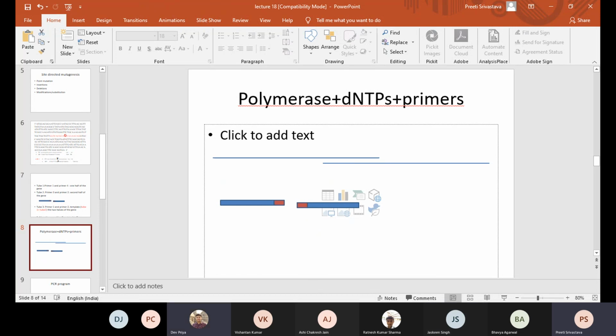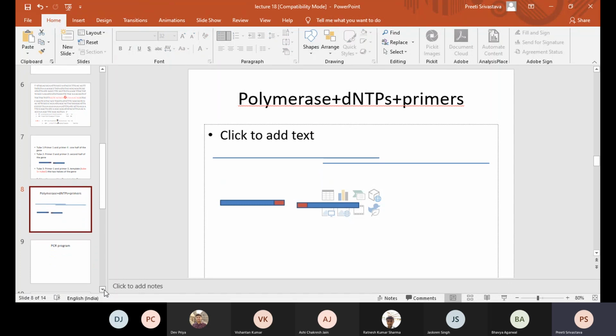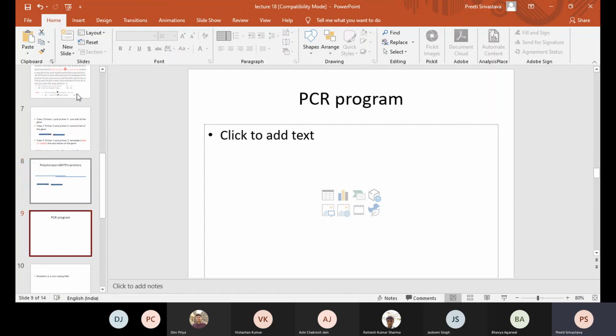Okay. So let's discuss a little bit about the PCR program. In this site-directed mutagenesis, we are going to use which type of enzyme? I asked you last time as well. Should we use Taq polymerase or titanium Taq or platinum Taq or PFU? Titanium Taq, platinum Taq. Yes, we will use that.